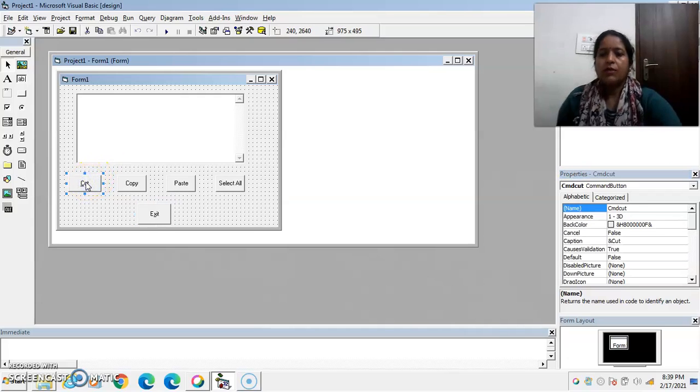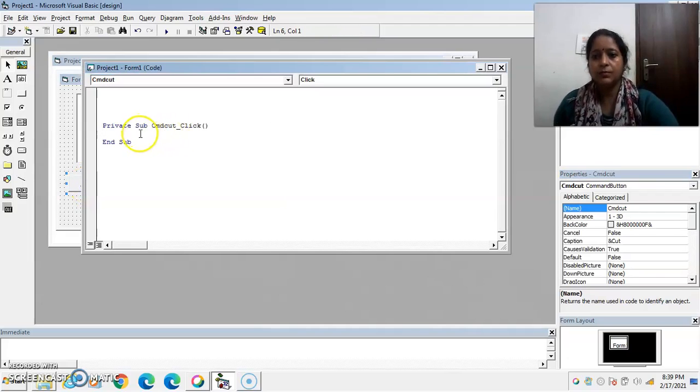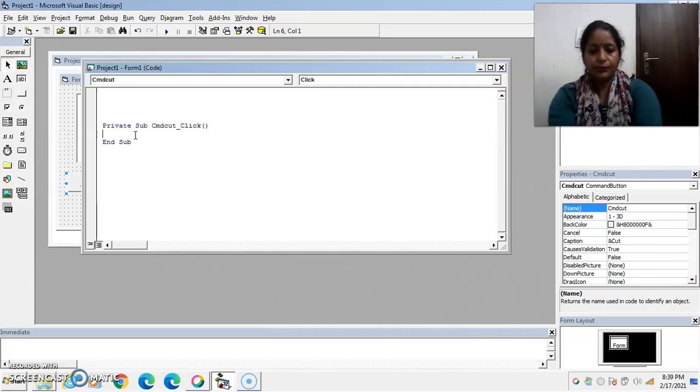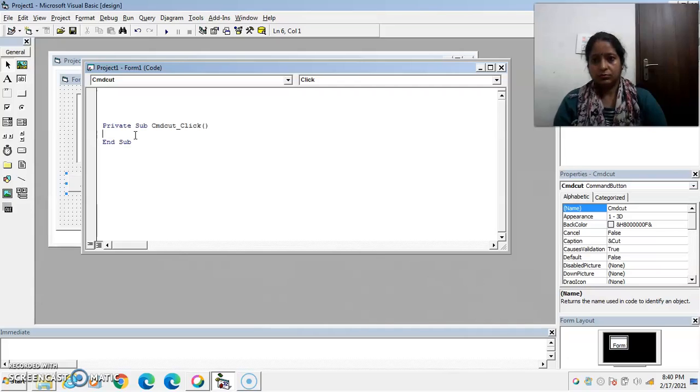Suppose first of all I want to write the coding for cut command button. Write down the coding here. Here take the help of the clipboard, the text box that is entered by the user. Cut by this cut command is copied on the clipboard.